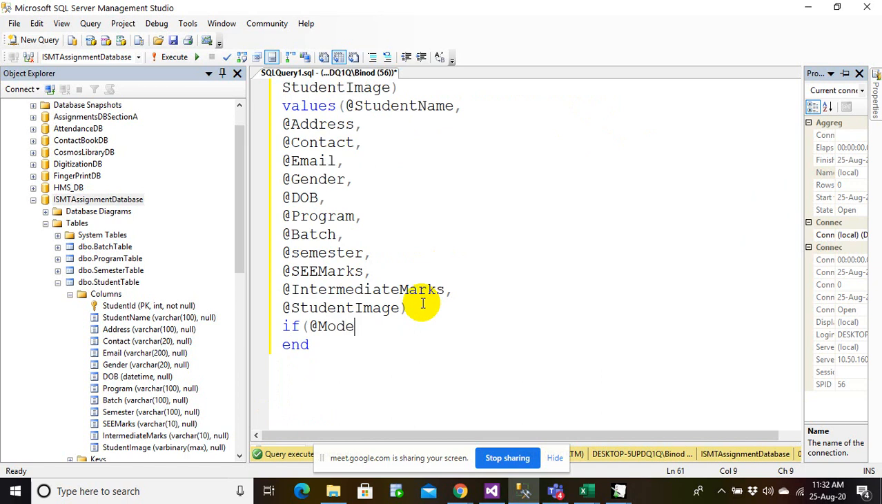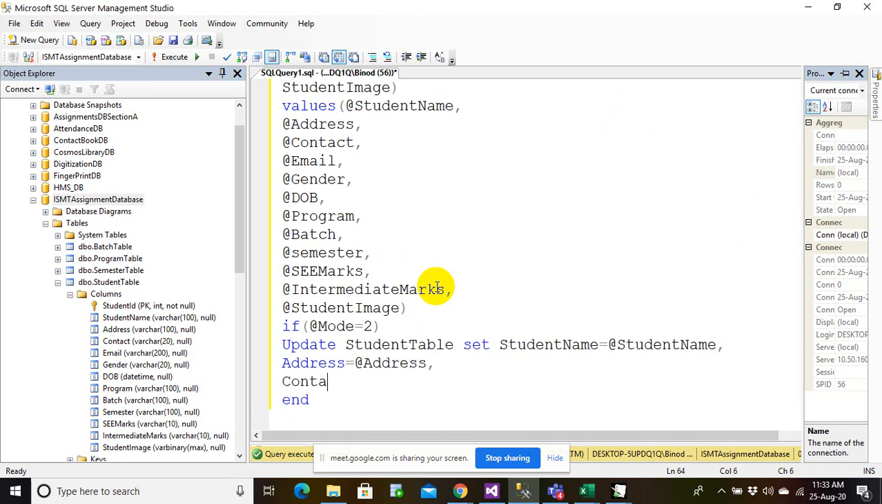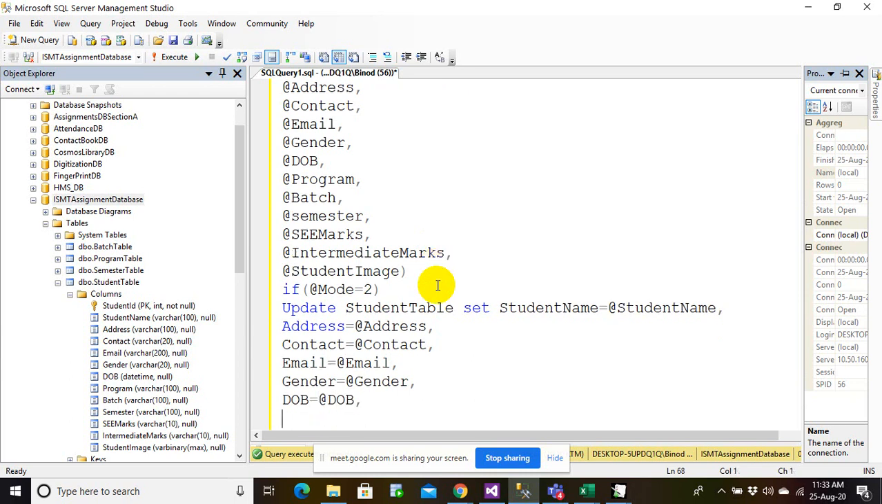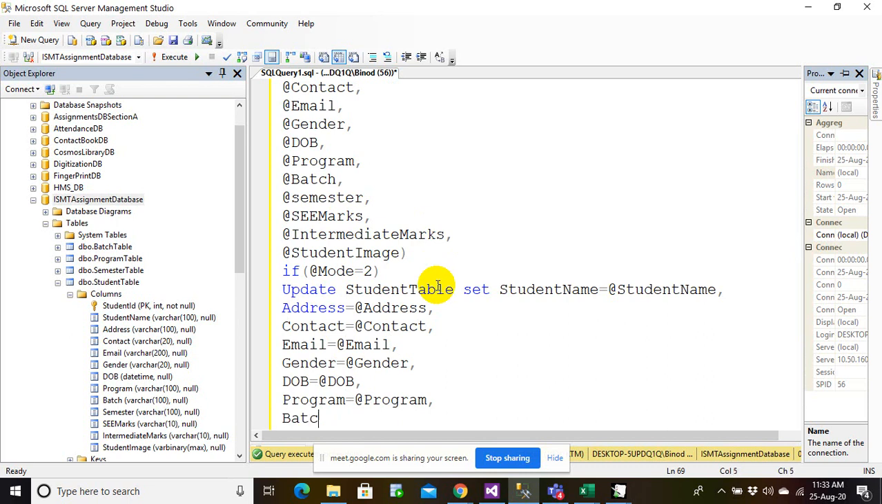If mod equals 2, then we'll make an update operation. So update student table, set student name equals at the rate student name, address equals at the rate address, contact equals at the rate contact, email equals at the rate email, gender equals at the rate gender, DOB equals at the rate DOB, program equals at the rate program, batch equals at the rate batch,